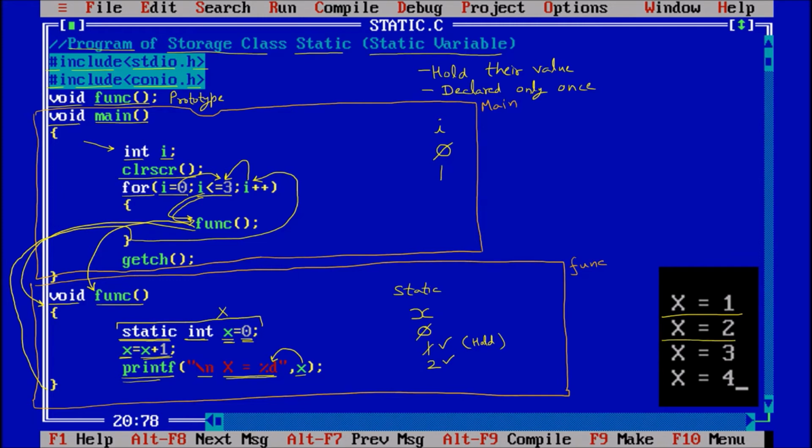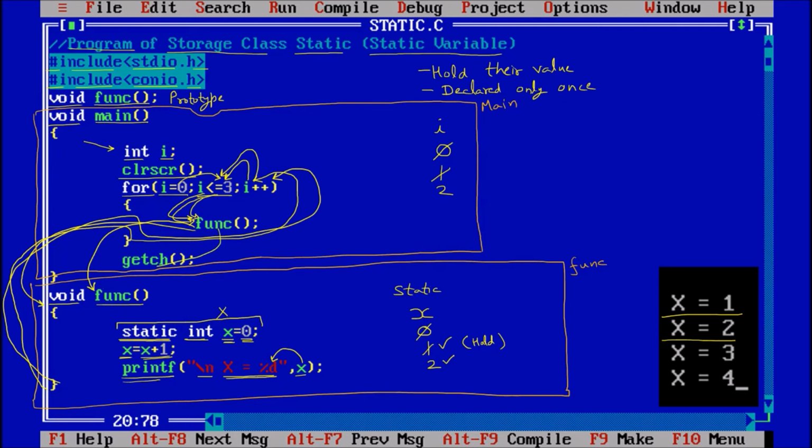Program will go back after executing it, to the same place, and again go to i++. So the value of i is now 2. Checking the condition, i less than or equal to 3, 2 less than or equal to 3, true. Again coming down, calling the function.